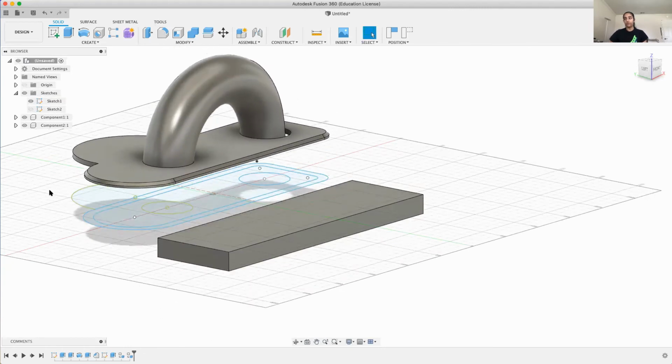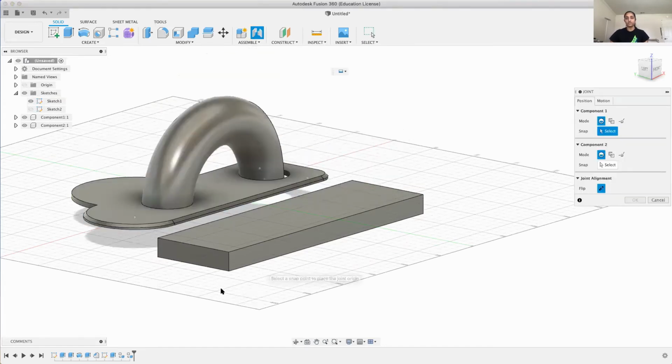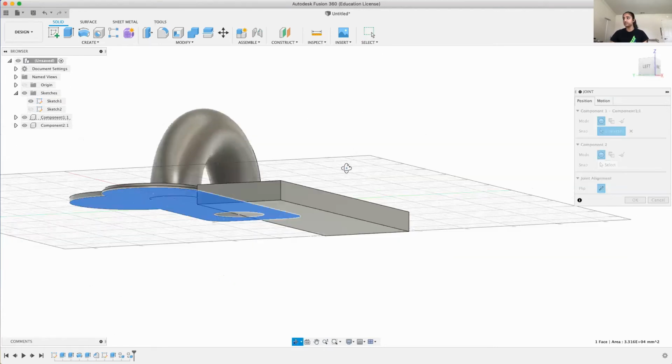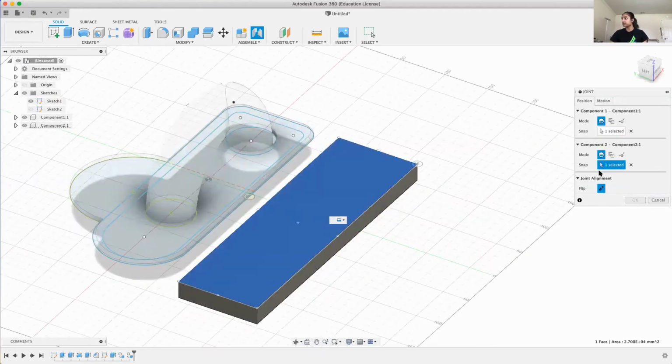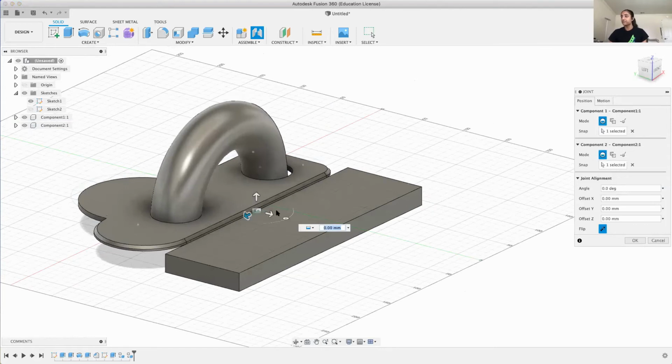All right, so now what I want to do is get this on top of this. So I'm going to use this joint feature. And what this joint feature does is it allows you to create relationships between different components. And so if I select this, and let's say I select this as well, it looked a little janky, but essentially what it's doing is it's lining them up,